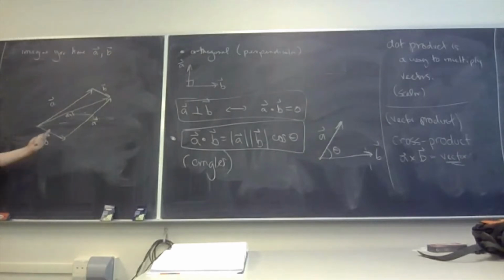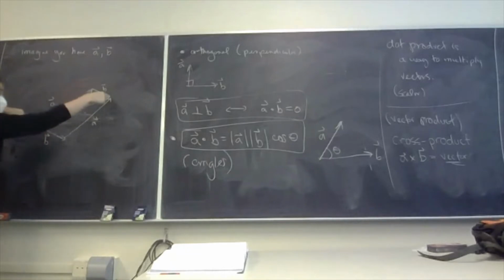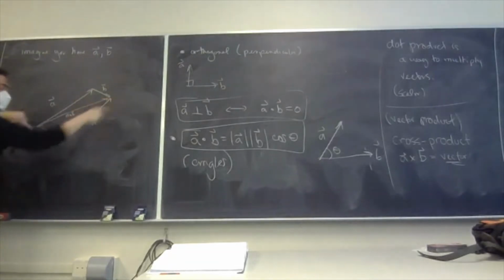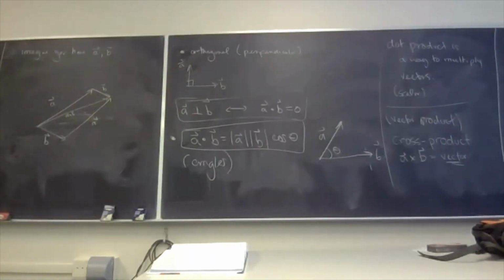There's a parallelogram that is defined by adding A and B together and using A plus B as the diagonal. And you can pick up B and stick it up here. That's like A plus B. Or you could do B plus A. You should get to the same place either way, right? So if you run this way, it's like A plus B. If you run this way, it's B plus A. Same thing. So it turns out to be the case that the whole purpose of the cross product,